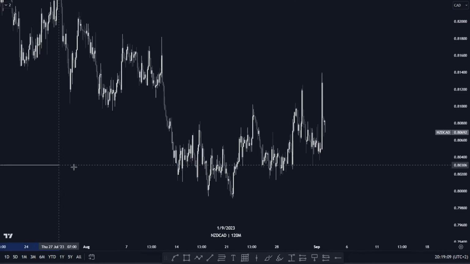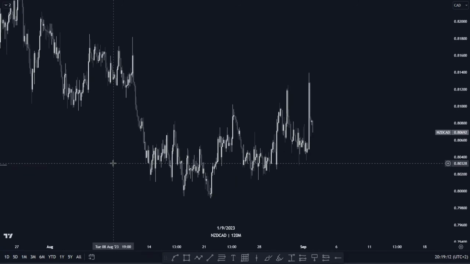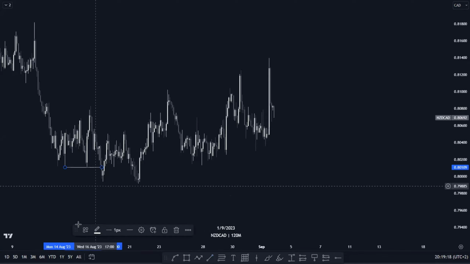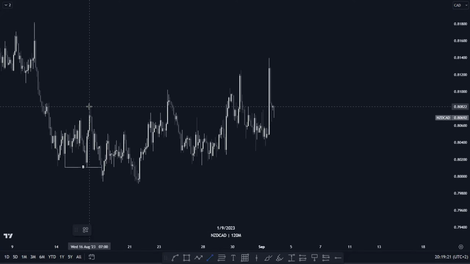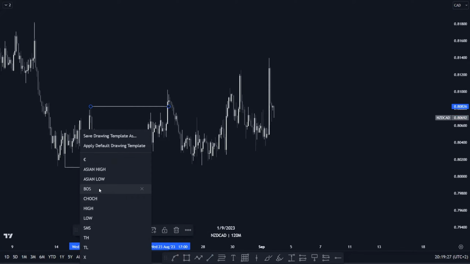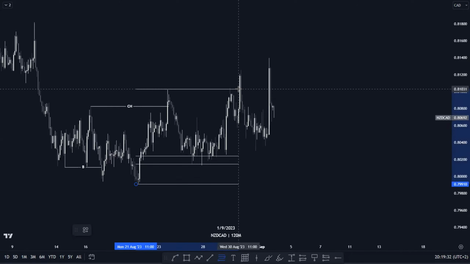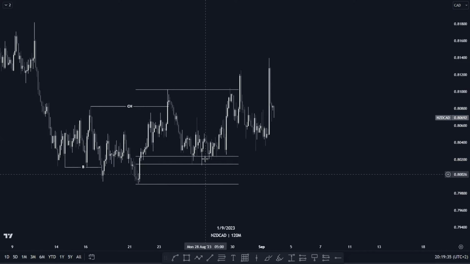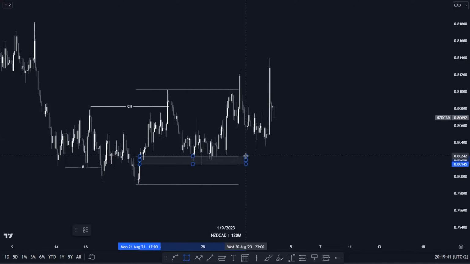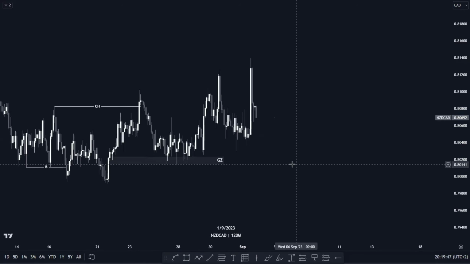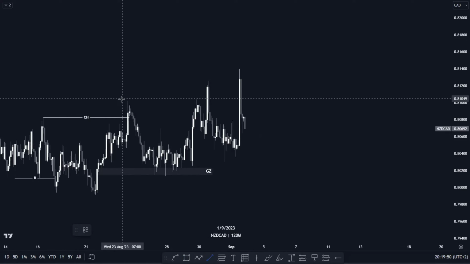So this is what we have on our lower time frame, whereby we can clearly see that here we have this break of structure here, and we have this change of character. And what happened is that price managed to respect our golden zone. I think it spiked us out just a little bit, okay? So as you can see, price spiked us out just a little bit, then pushed to the upside, okay? But then as you can see, what happened is that price created another break of structure,